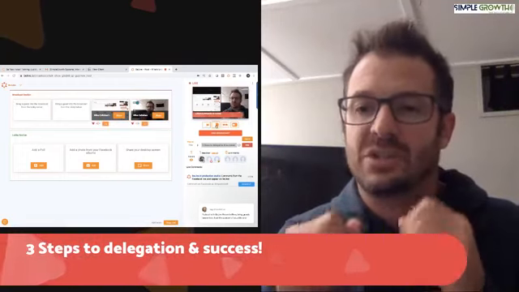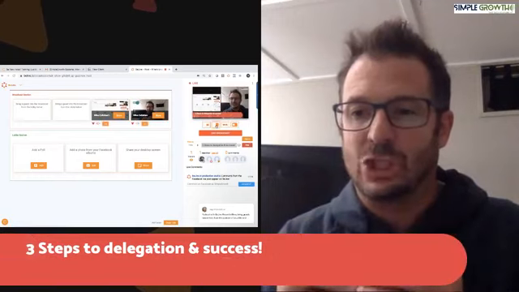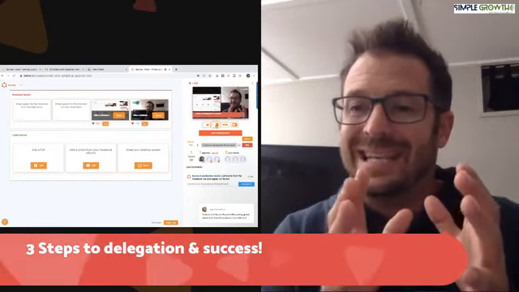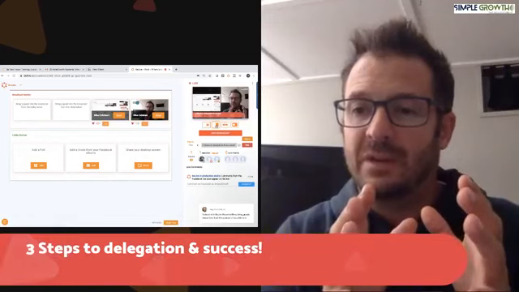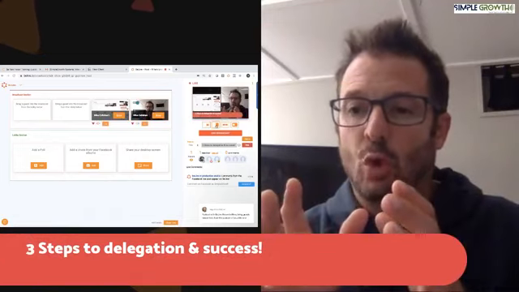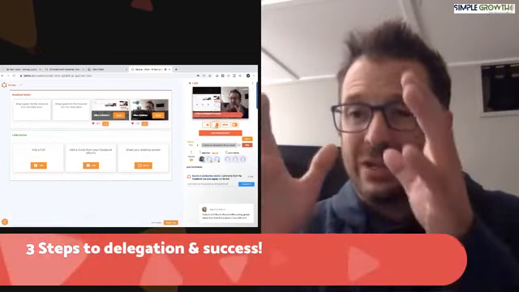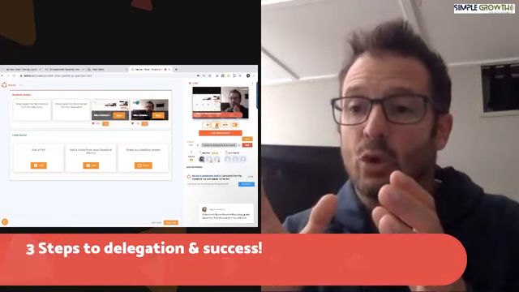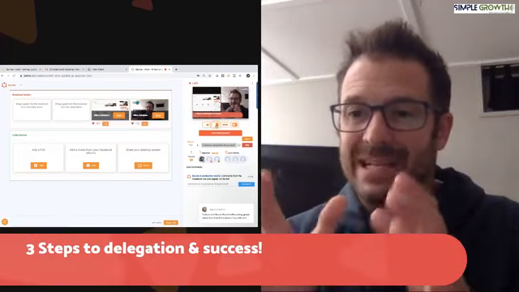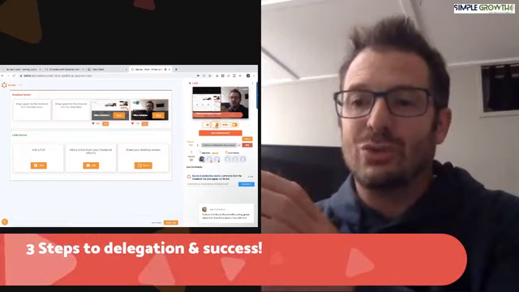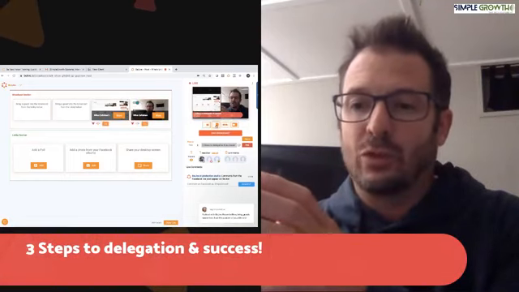Hopefully this is helpful. 3 steps to success for delegation. We have the office intake form for the phone, get all the data for the estimate. We have the new work order forms. After we've won the estimate, we enter all the data in that the team or the crew needs. And then that data automatically pulls in to the on-site work form whenever the crew's there,